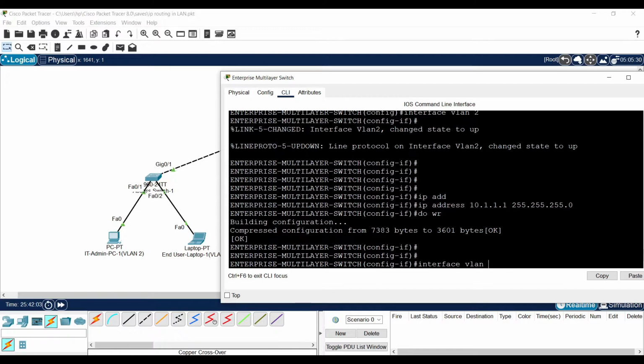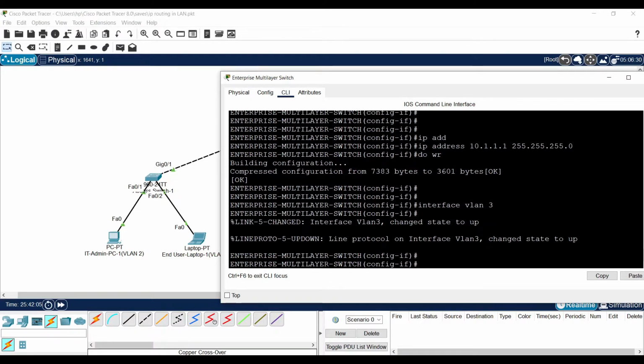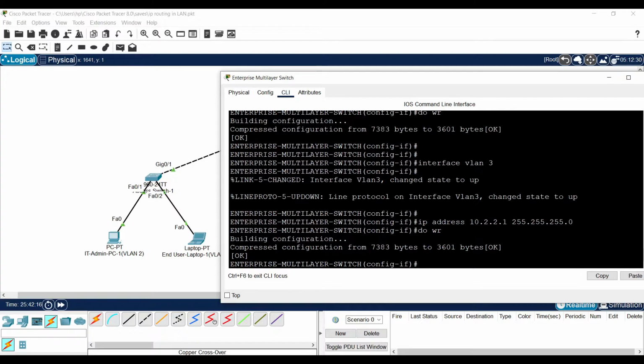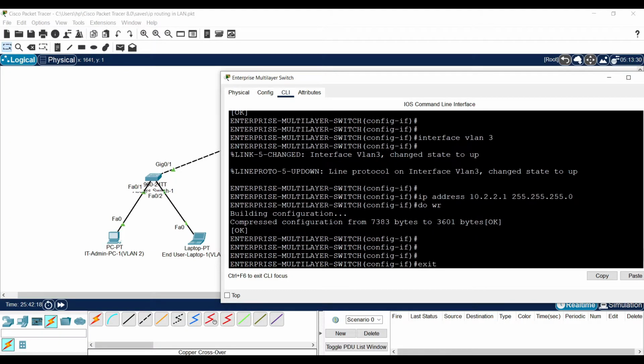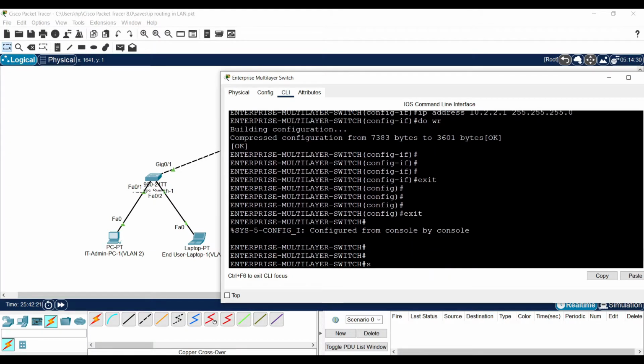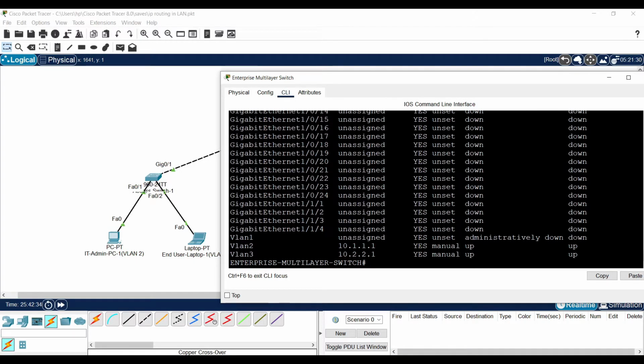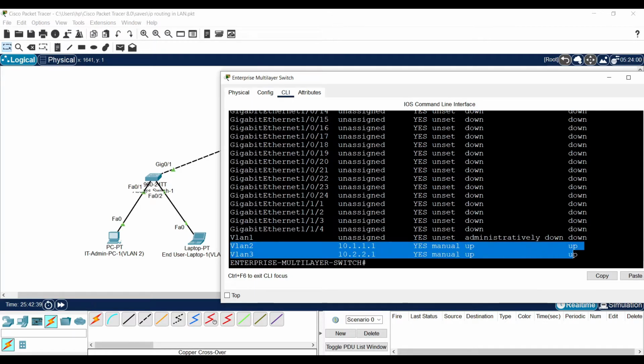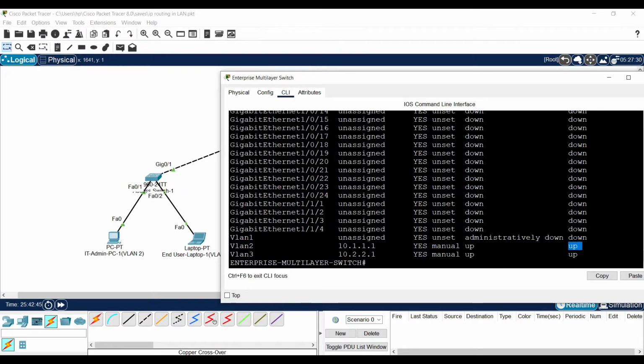Same as VLAN 2, I am creating a virtual interface for VLAN 3. It is done. I can verify this with the show ip int brief command. So here we see we have the VLAN interfaces, just logical, and both layer 1 and layer 2 became up.